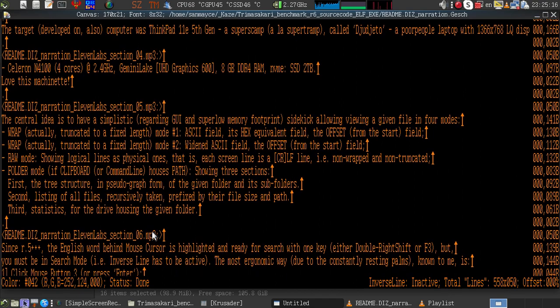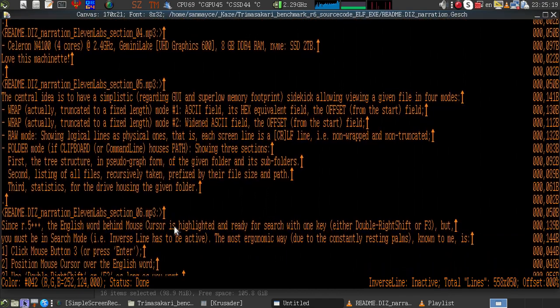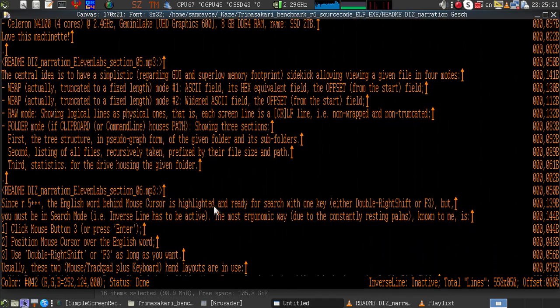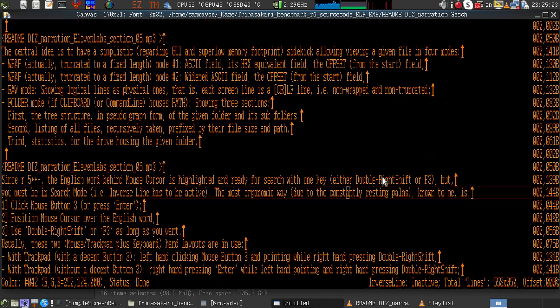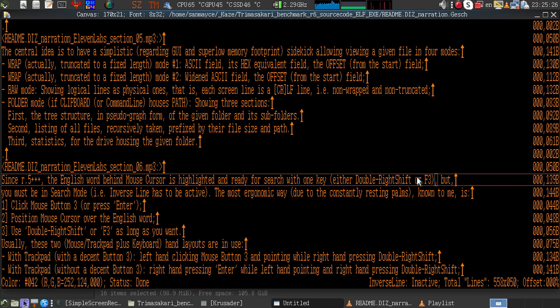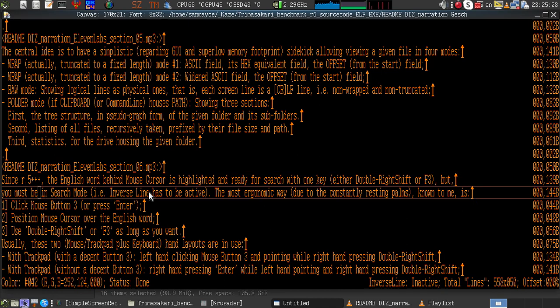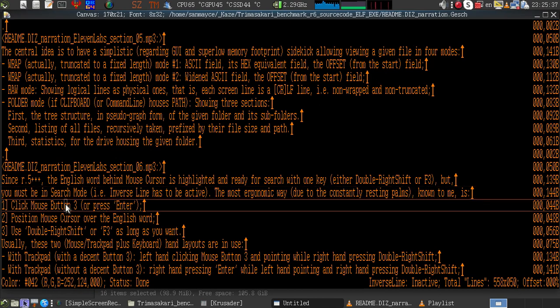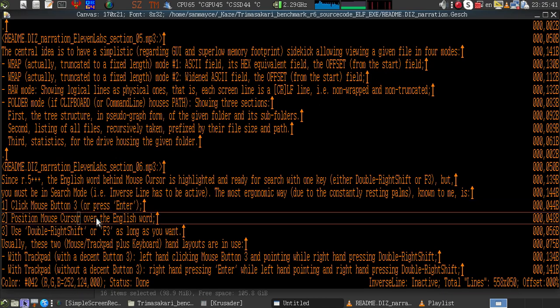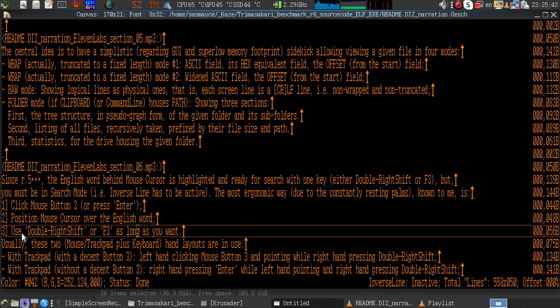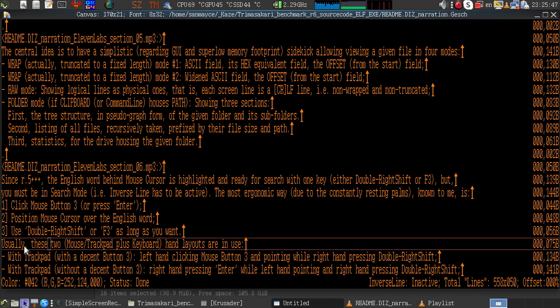Since R5+++, the English word behind the mouse cursor is highlighted and ready for search with one key, either double right shift or F3, but you must be in search mode, that is, the inverse line has to be active. The most ergonomic way, due to the constantly resting palms, known to me is: 1. Click mouse button 3, or press Enter. 2. Position the mouse cursor over the English word. 3. Use double right shift or F3 as long as you want. Usually these two,